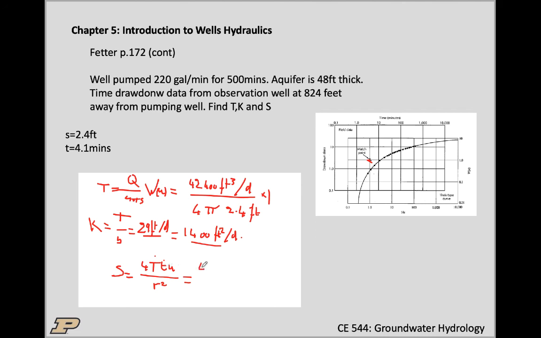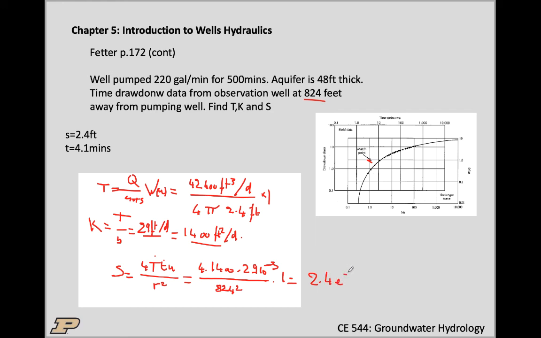So 4 times 1,400, these are square feet per day, times 2.9 E minus 3 days, that's your time, divided by r squared, so 824 feet squared. And then again times u, but u is 1, so times 1. That's the convenience of that. And then you end up with 2.4